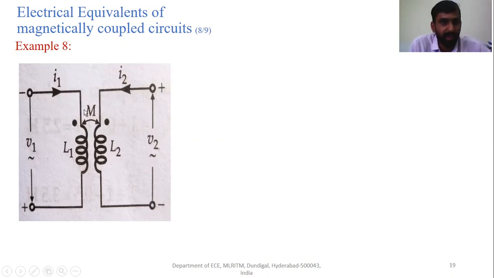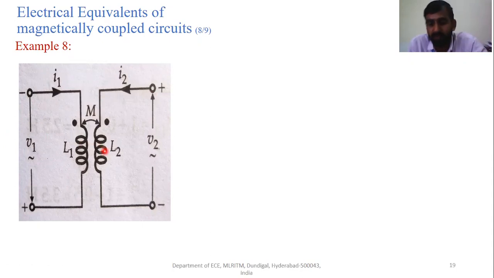Obviously here the M term, that is the mutual inductance, is going to be positive. But what you have to note here is that V1 is negative. You can observe the same thing over here. Here it is minus, and here it is plus. So obviously the polarity of V1 is negative. So it is minus V1, and the current I1 is entering through the dot and I2 is entering through the dot.